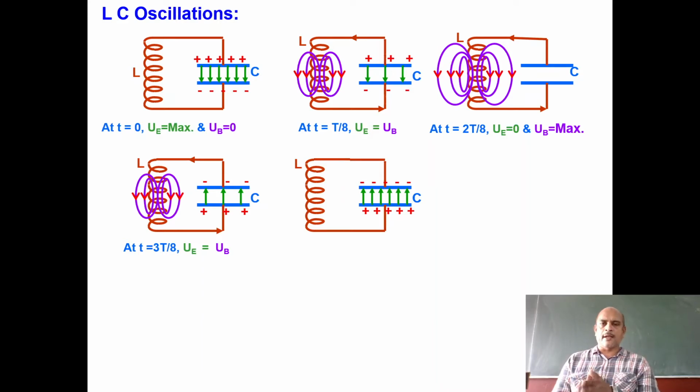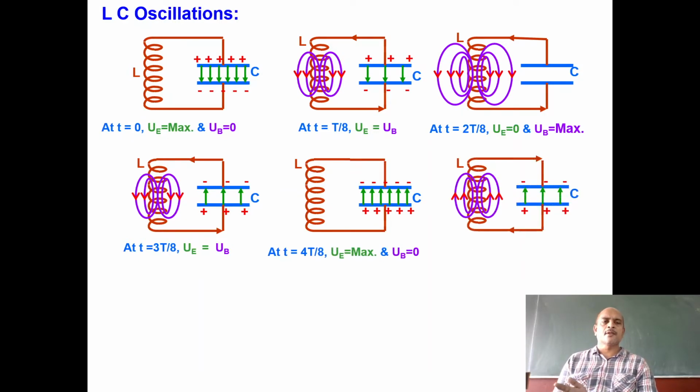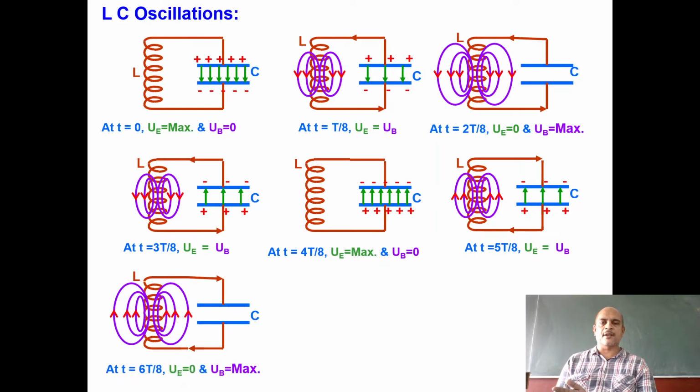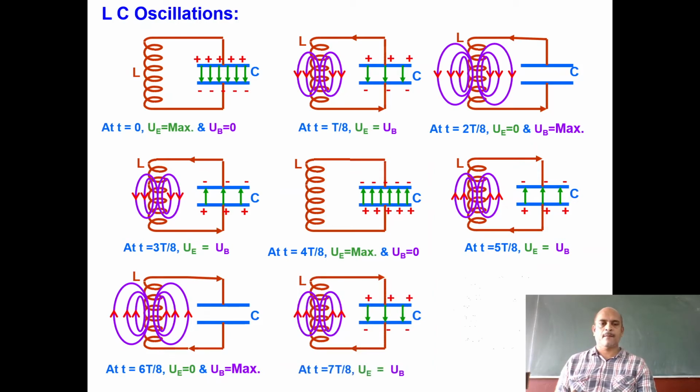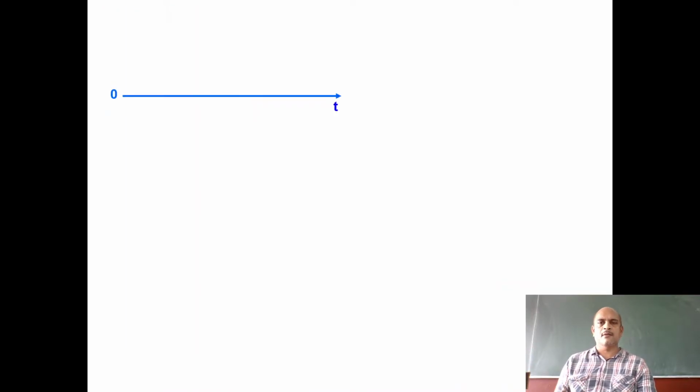Now the reverse process takes place: the magnetic energy stored in the inductor will transfer to the capacitor, and it again gets charging. So this is called charging of the capacitor, and after a certain time the whole energy will transfer to the capacitor, the capacitor gets fully charged and the inductor is discharged. Because of this charging and discharging between electrical and magnetic energy, it is also called a tank circuit.